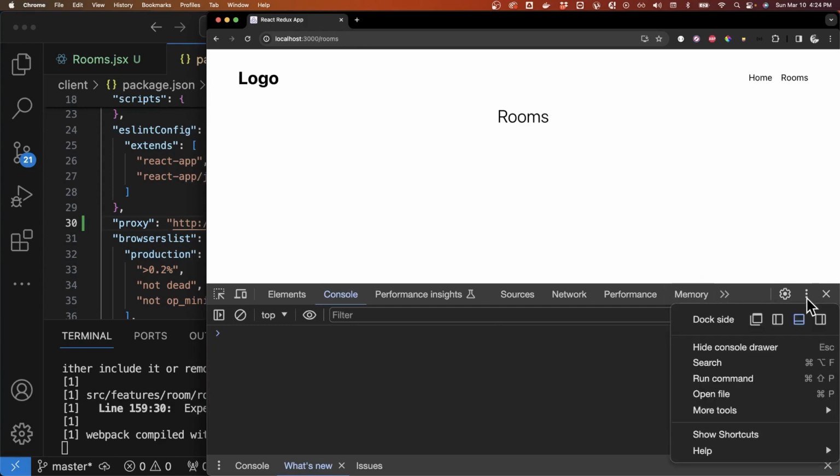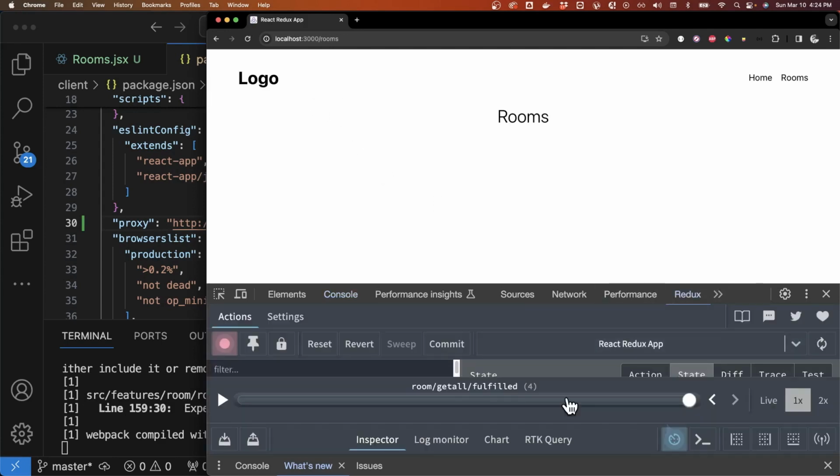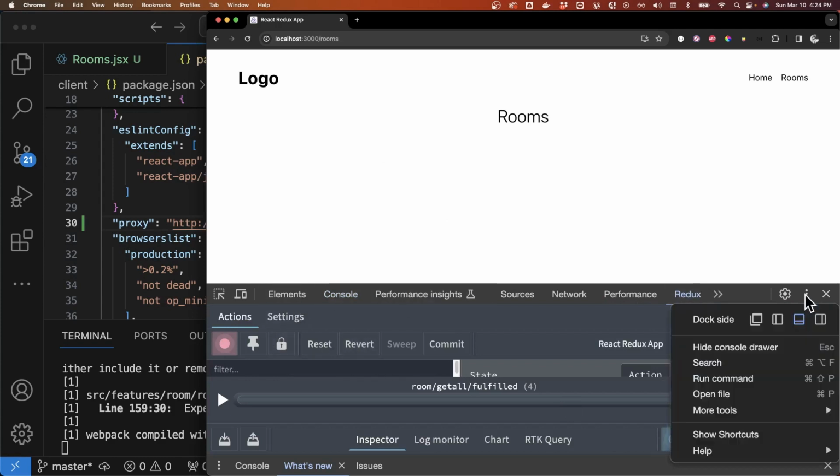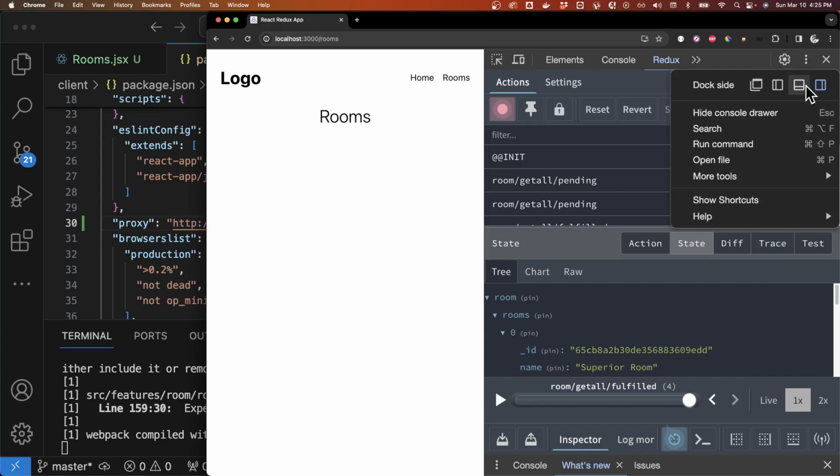Okay, everything is working. Let's check Redux to see if we can get our rooms. So just bring to the side. Redux rooms. Yeah, we have the list of rooms here. Cool. All right, so